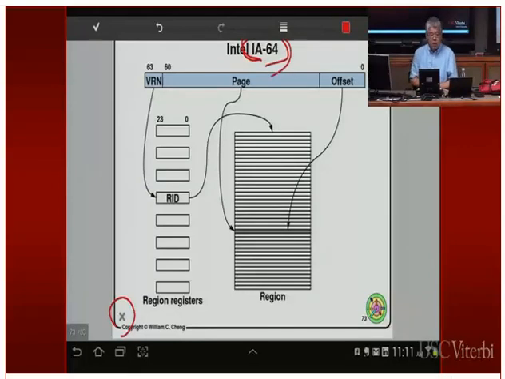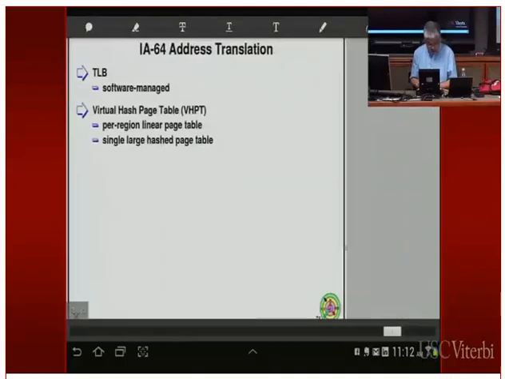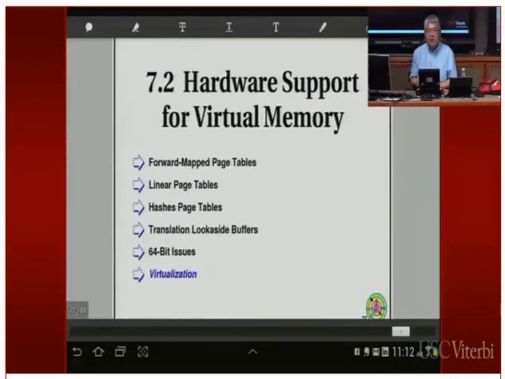So the basic structure is using something that looks like a linear page table. A linear page table has a space over here, followed by the page number, and then followed by the offset. So this particular scheme turns out to be very similar to the linear page table, and they do a similar kind of translation to the slide that I skipped for the VAX machine. Anyway, it's no longer popular, so we're going to skip it. Actually, it's no longer supported. I guess nobody's using it.